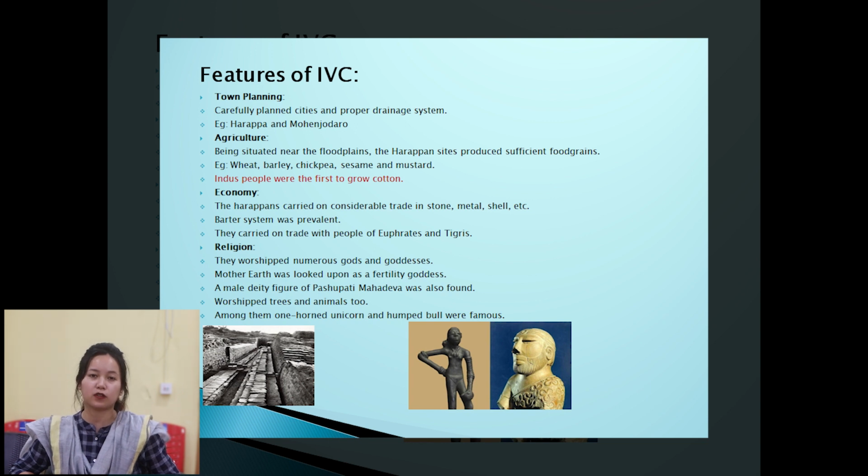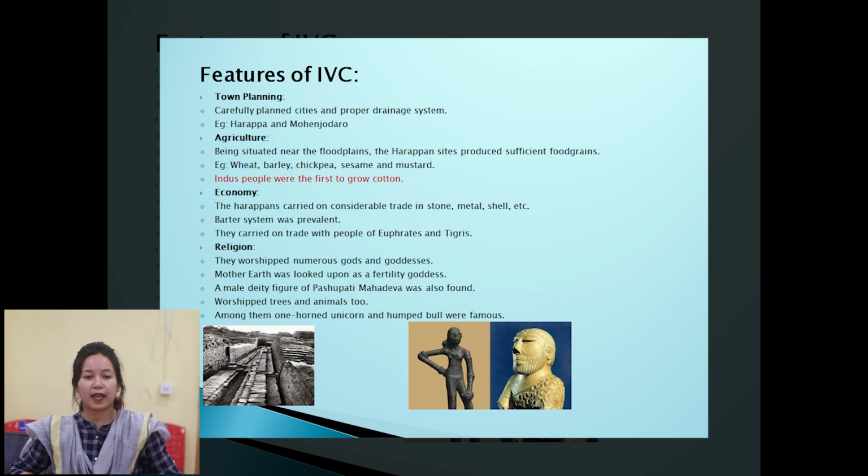If you look at the town planning, you'll see that in Mohenjo-daro, the settlement was divided into two parts, the lower town and the citadel. People particularly resided in the lower town, and in the citadel, which is located in the upper part, you will find the great bath, which was a large rectangular tank. This great bath was basically used for rituals. Then in the citadel, you'll also find great granaries where people used to store their food grains.